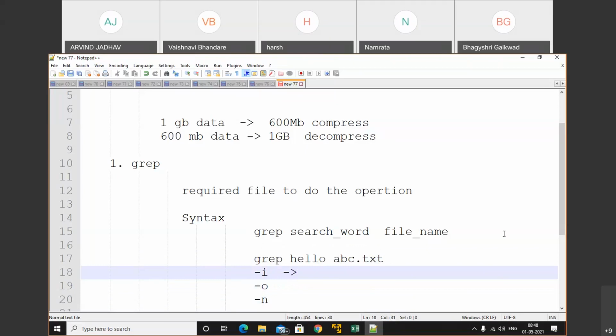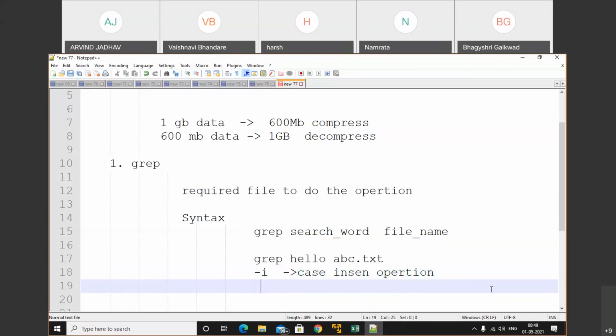When we use -i, it will perform case-insensitive operations. What does it mean? Right now, when we perform any operation on Linux, there is a difference between capital and small letters.